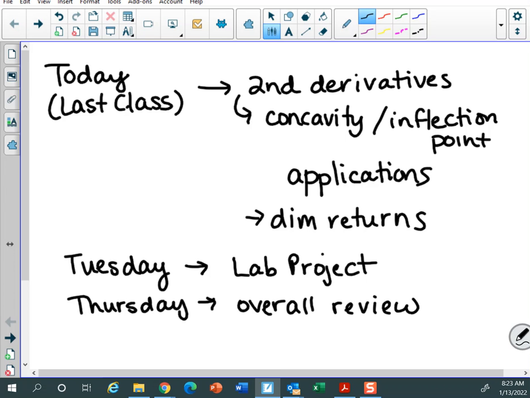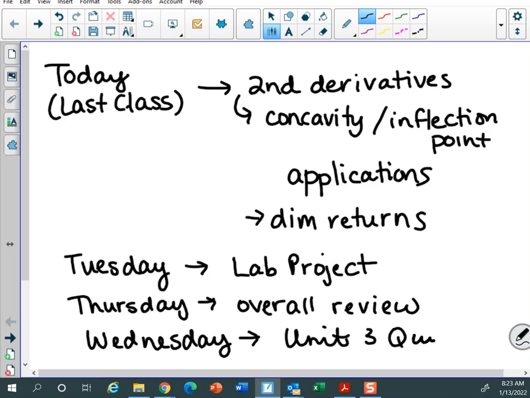And then, as weird as this sounds, because of an additional 4-day weekend, the Wednesday of that following weekend is when we're going to do our Unit 3 quiz. All right, so once again, today's the 13th, and so Tuesday is the 18th, this is the 20th, and then the 26th. Unit 3 quiz, like I said, that's going to fall in